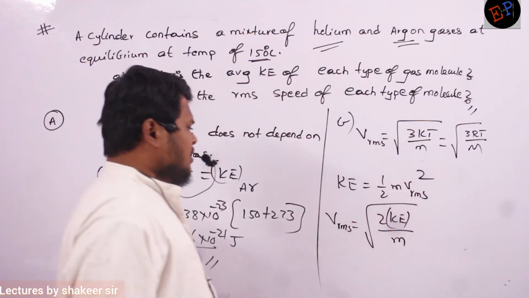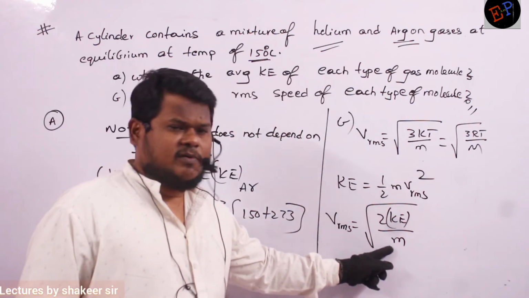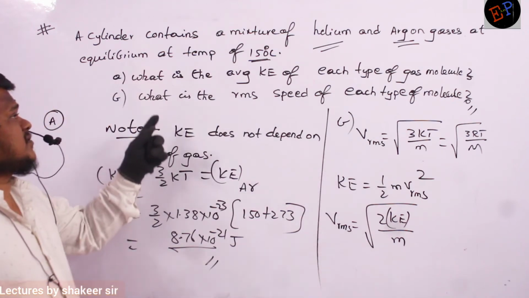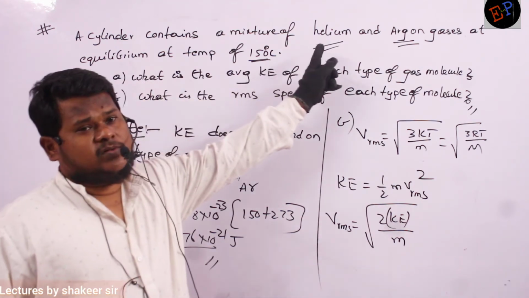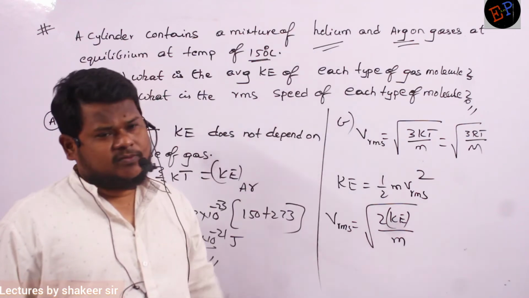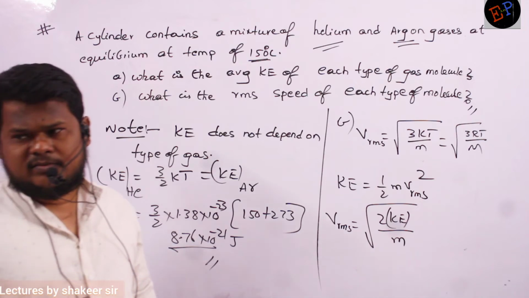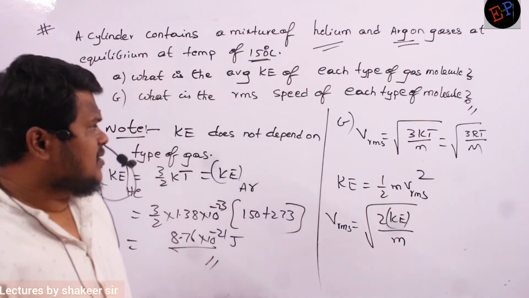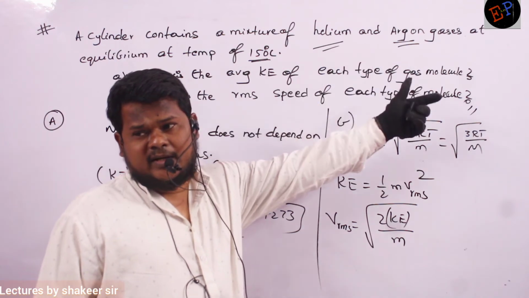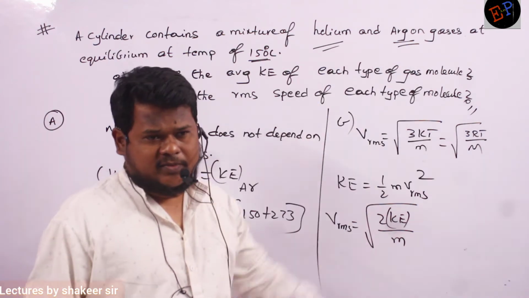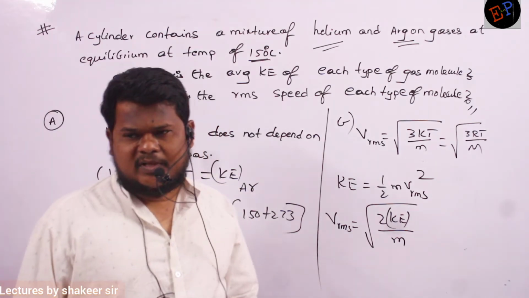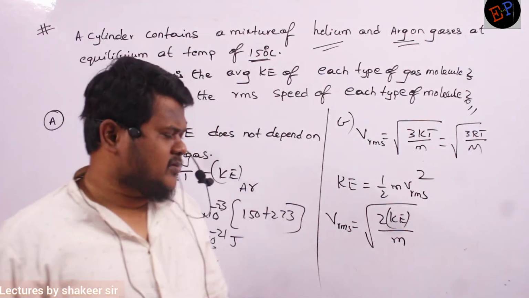And here m means again mass of individual molecule only, no? So what is the mass of the first gas, ma? Helium, 4 AMU. But AMU again you have to convert into kg. Are you able to understand? And what is the mass of argon? Nearly 39.8, or 40 you can take. 40 AMU. Again 1 AMU is equal to 1.66 into 10 power minus 27 kg. Okay, ma? Can't you do the calculation?